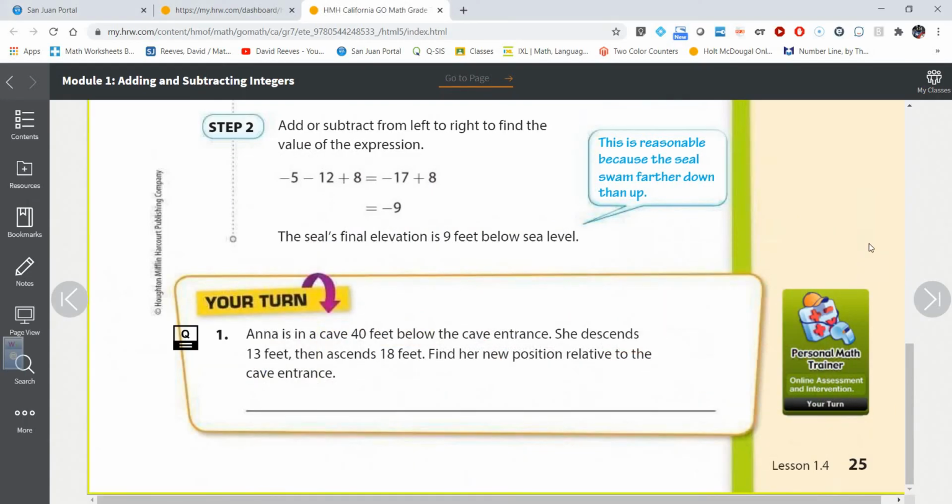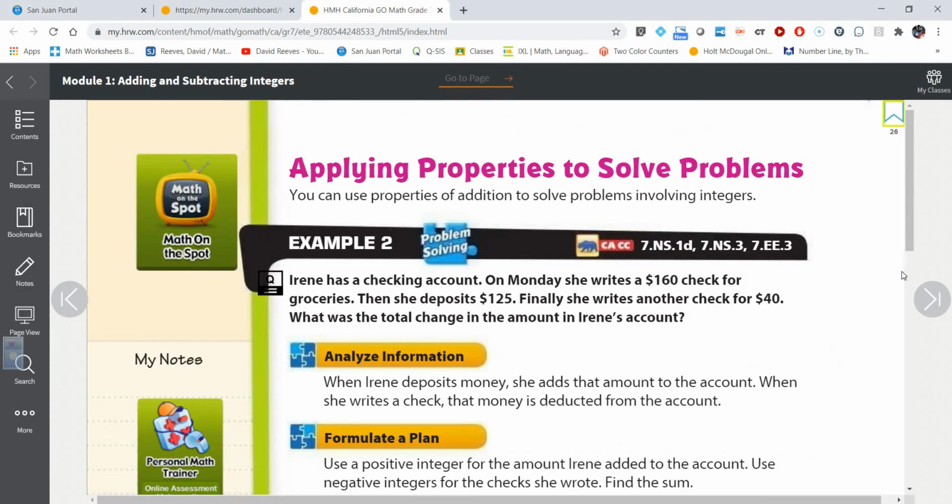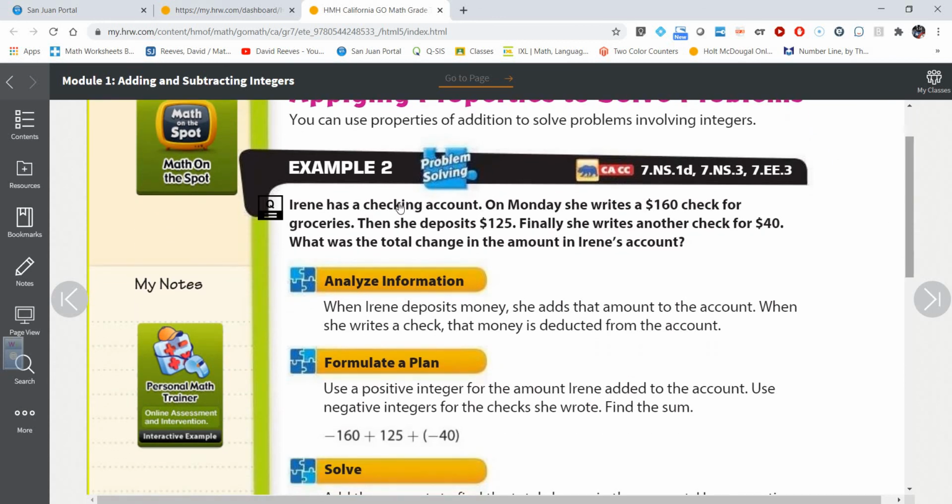Okay? Alrighty, so let's go over to the next page, applying properties to solve problems. Okay, the next one. Irene has a checking account. On Monday, she writes a $160 check. Then she deposits $125. Finally, she writes another check for $40. All right, so